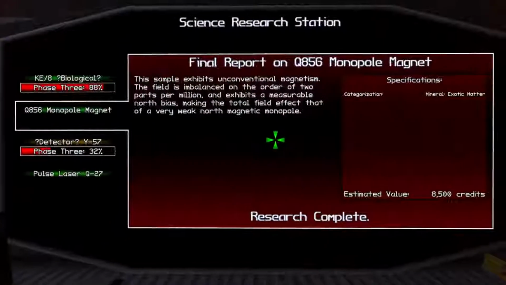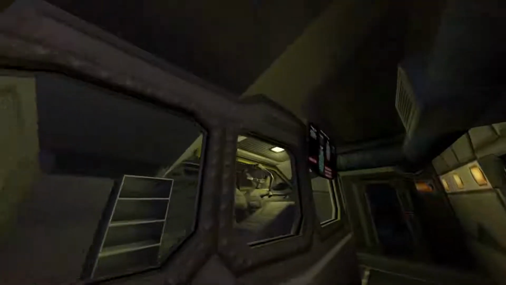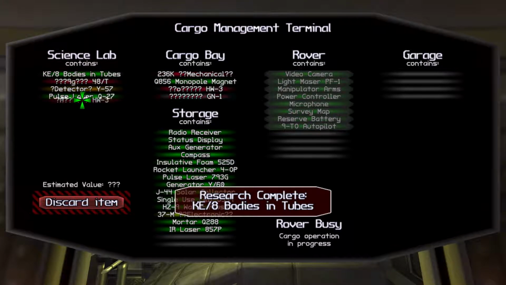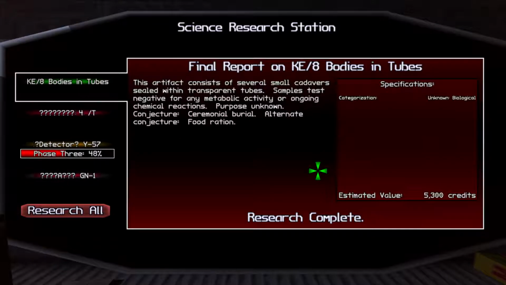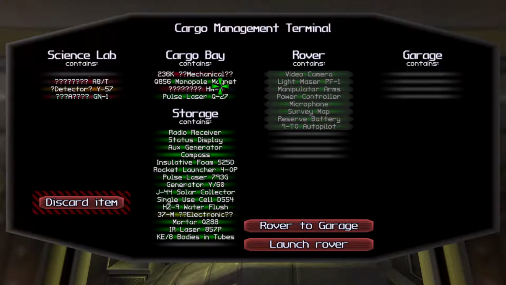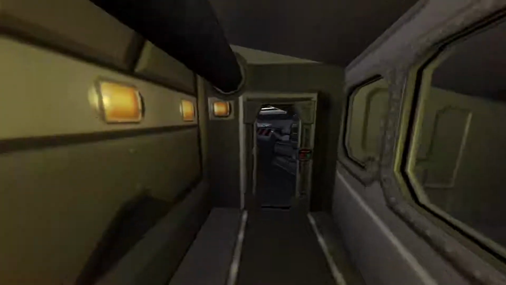Well, let's look at what this stuff is. Monopole magnet. Just an exotic material. Pretty high value. This weapon contains anti-detection stealth measures. KE-8 bodies and tubes. Small cadavers. Well, that's worth keeping. Alright, so all this stuff is pretty damaged, although it is like nothing I've seen before, so...